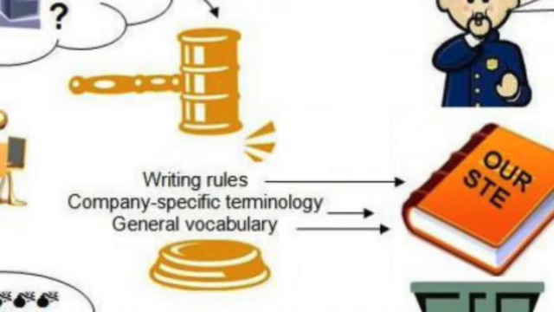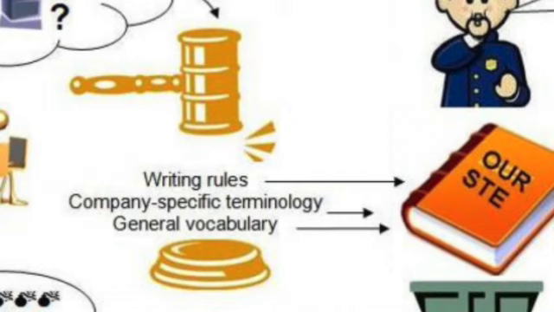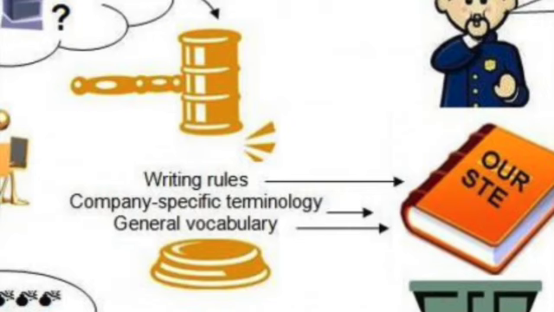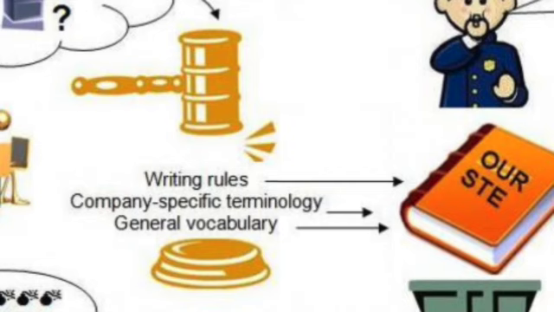For both categories of words, it is important that there should only be one word for every concept, and ideally, all words should have only one meaning, or at least one approved meaning only. So, this basically means we aim for consistency while minimizing ambiguity. One of rather few industry-specific words in the STE general vocabulary is the word aircraft. So, like all words in the general vocabulary, it comes with a definition, in this case, a vehicle for movement